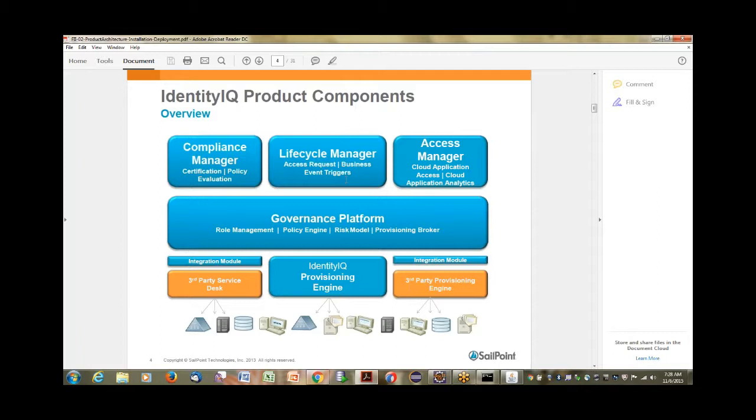Okay, now lifecycle manager closely integrates with access manager module. So this access manager module is primarily, as you can see, for cloud application access. Cloud application access is basically not on premise, it is provided by whoever is the owner of the cloud installation of SailPoint. Mostly it is SailPoint itself. Okay, so access manager provides your application wherever your applications are stored. Okay,